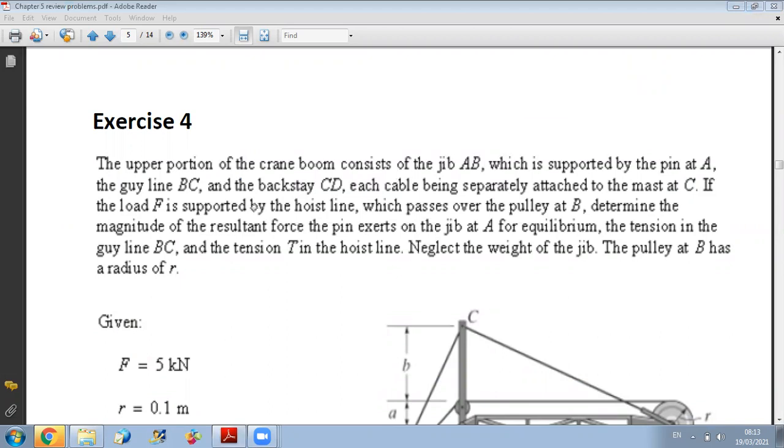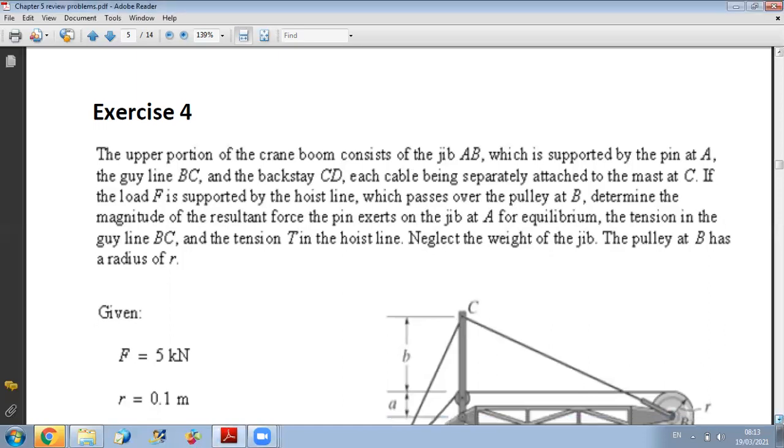The upper portion of the crane boom consists of jib AB, which is supported by the pin at A, by the guy line BC, and the backstay CD, each cable being separately attached to the tie point C. If the load F is supported by the hoist line, which passes over the pulley at B, determine the magnitude of the resultant force the pin will exert on A for equilibrium, and the tension in the guy line BC and the tension T in the hoist line. Neglect the weight of the jib, and the pulley at B has a radius of